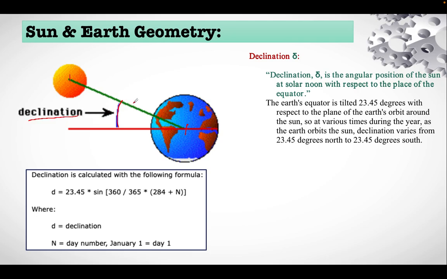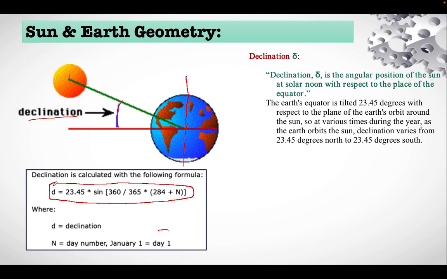This is because the axis of the earth is tilted with respect to the sun. We can calculate the declination based upon the number of the day, considering January 1st as day 1. For that you have this particular